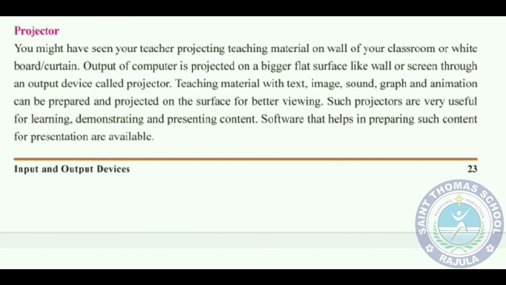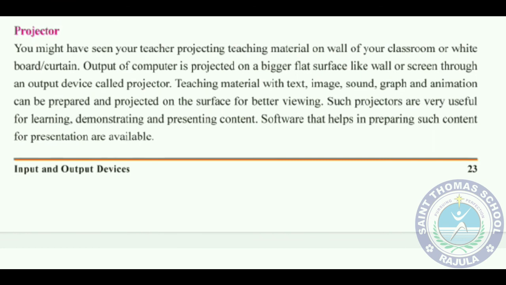So the output of your computer is projected on a bigger flat surface like a wall or a screen through an output device called a projector. Meaning the projector represents your monitor content on a wider or bigger surface. What you can present through the projector is teaching material with text, images, sound, graphs and animation, which can be prepared and projected on the surface for better viewing.